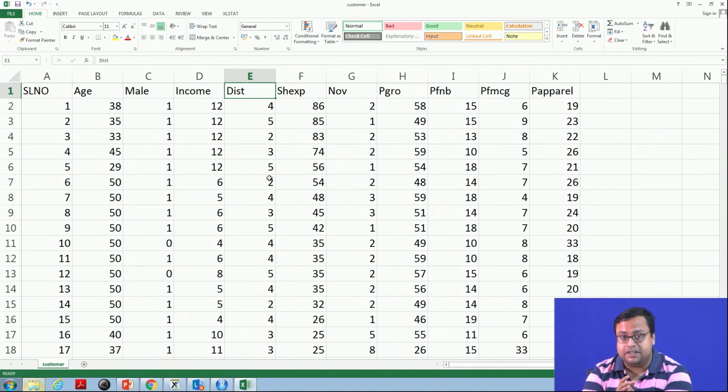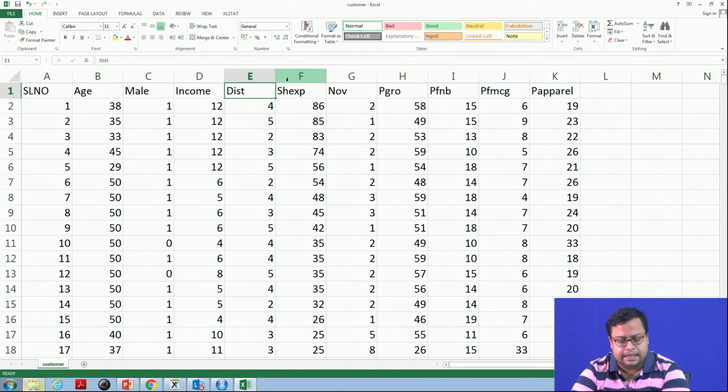NOV was number of visits in units, and then the P columns show what percentage of your purchase is in grocery, what percentage is in food and beverage F&B, what percentage is in FMCG, and what percentage is in apparel. There can be various other behaviors that you can find out, but I am focusing on these 6.